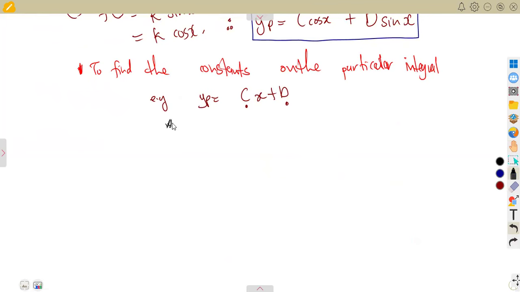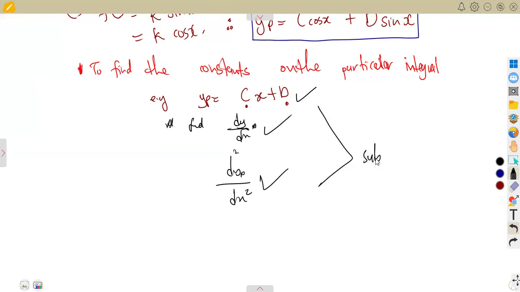What you're going to do in this case, you must first find the first derivative of y with respect to x of the particular integral, and the second derivative of y with respect to x of the particular integral. So with this y, its derivative and the second derivative, you are going to substitute these into the original